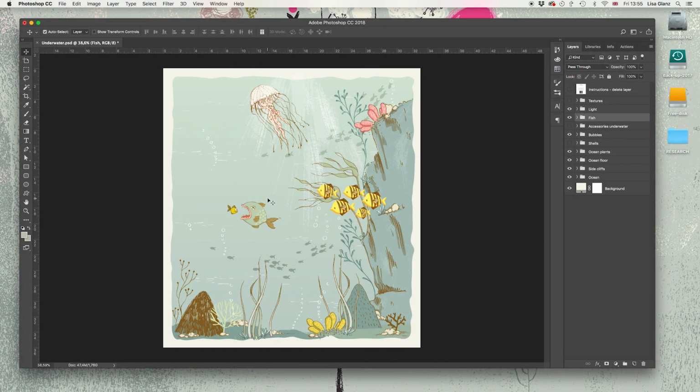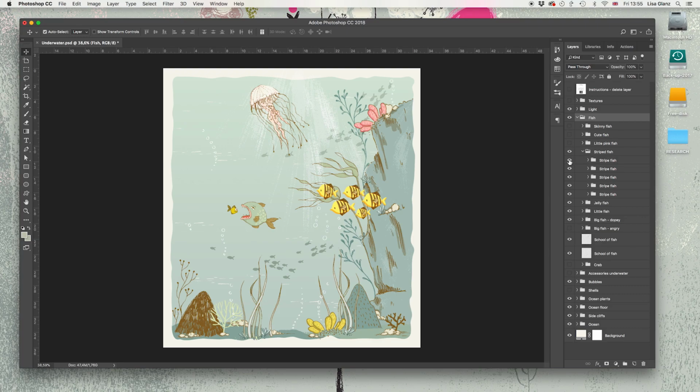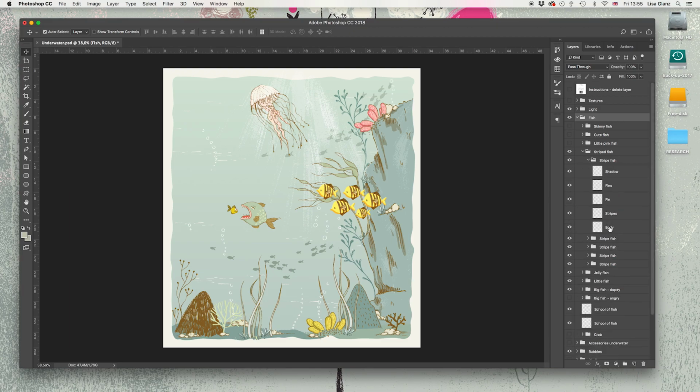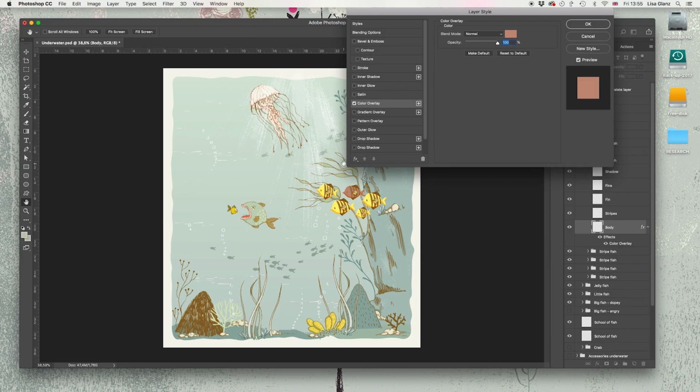In Photoshop, recoloring is slightly different. So I'm just going to expand the fish layer and the striped fish. I'm going to make sure I'm working on the one I want to target, which is this little guy over here. So I'm turning the eyeball icon on and off just to make sure that's the correct one. Then I'm going to expand his layer, and I'm going to select the body layer. Then I'm going to move down to my FX icon in my layers panel and choose color overlay. You'll see it will automatically use the color that you previously had selected, and I don't want to use the brownie one, so I'm going to hit that little color block,